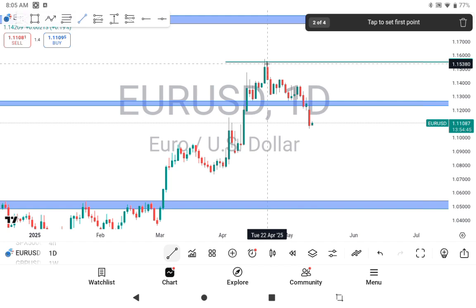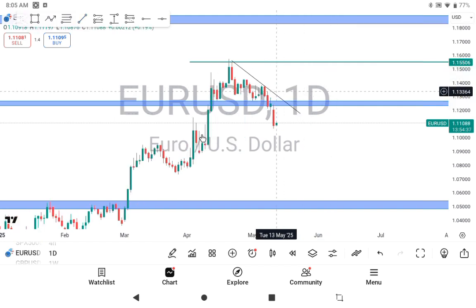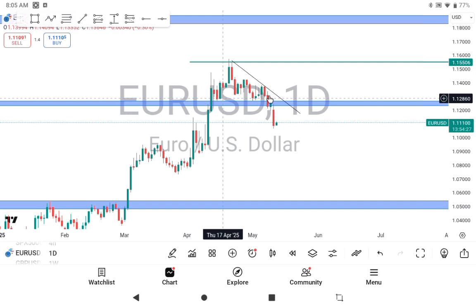And also looking at this, now when we have price break and close above this level, previous level of resistance, strong support, it tested it, pulled back again, it also tested it. While the price pulled back to test this level right here, it formed a trend reversal chart pattern,